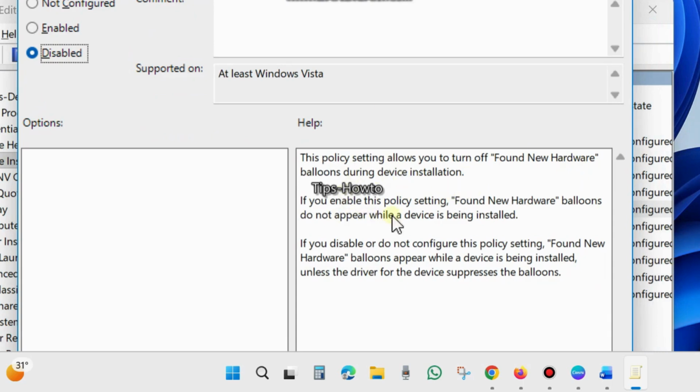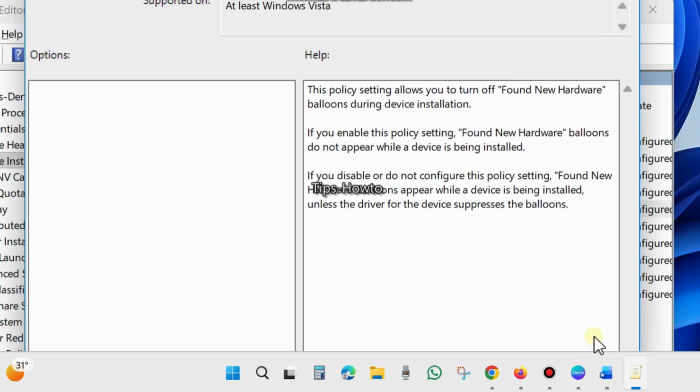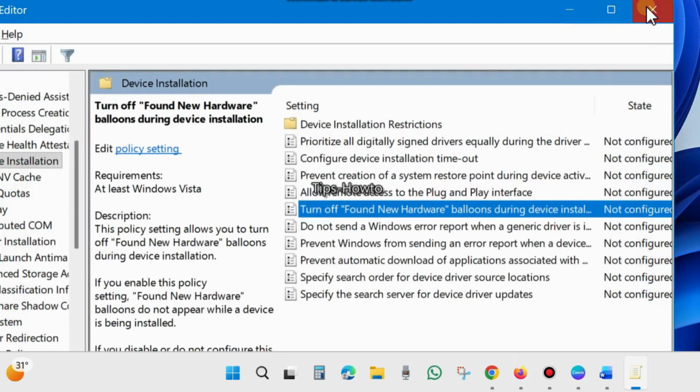So the policy setting allows you to turn off found new hardware balloons during device installation. If you enable this policy setting, found new hardware balloons do not appear while a device is being installed. So finally click on apply and OK to save the changes. Don't forget to restart your system after